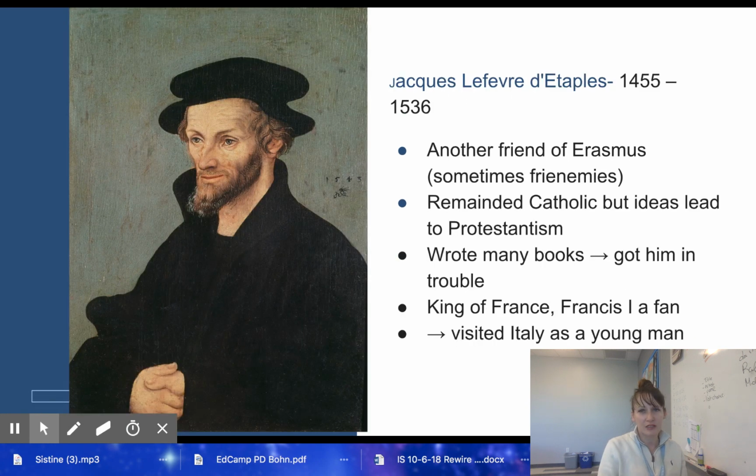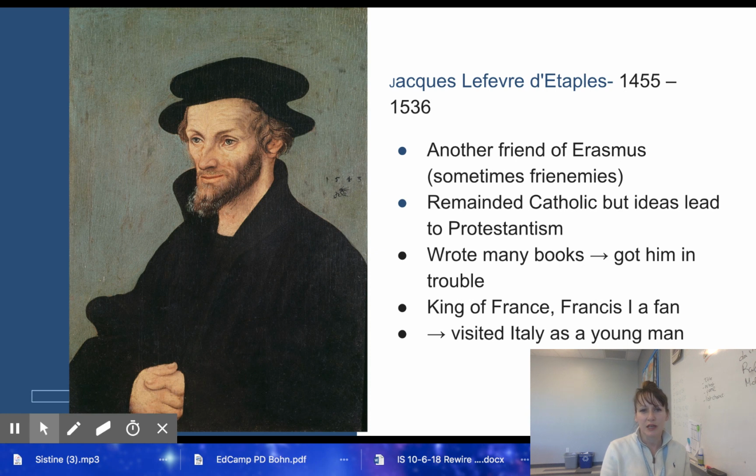Jacques Lefèvre d'Étaples. He was another friend of Erasmus, but sometimes they were more like frenemies. I don't know if that's how you spell frenemies, but I'm guessing. Sometimes they argued over some things. He remained Catholic his whole life, but his ideas were some of the founding ideas that led to Protestantism. He wrote many books. Some of them got him in trouble because they were critical of the Catholic Church, and they said, hey, that's heresy. And he had to go in exile for a while, but the King of France was like a fan, so